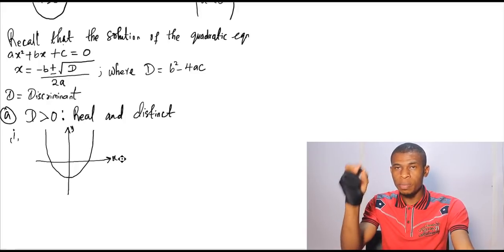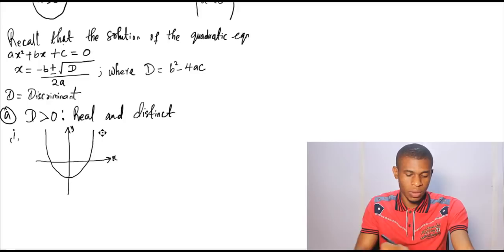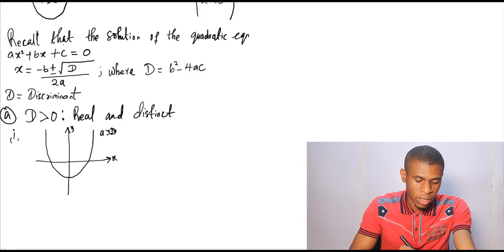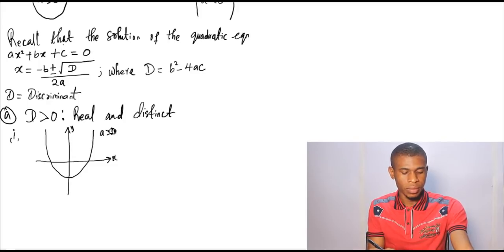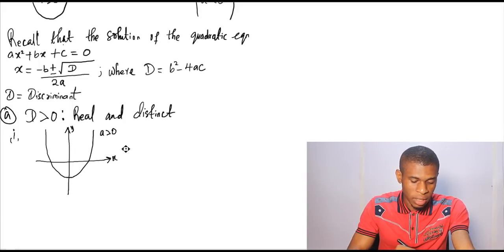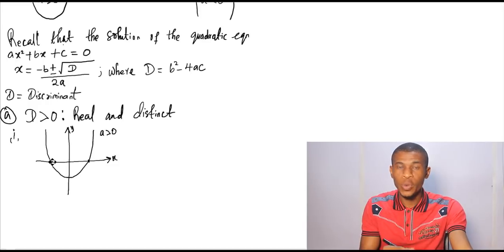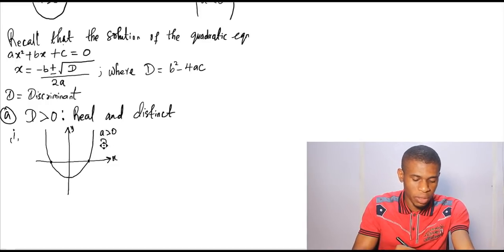When the parabola is curved in a U form, of course we know that a is greater than 0. And also, the real and distinct, the graph will cut the x-axis at two different points. You can see here. The graph will cut the x-axis at two different points, telling you that the discriminant D is